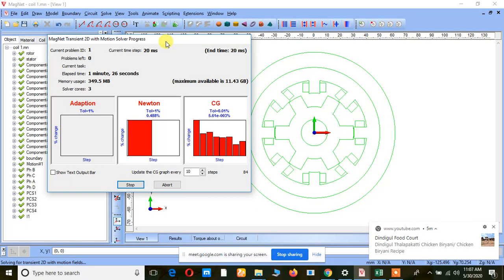So the problem is now going to be completed. So it is solving, right?